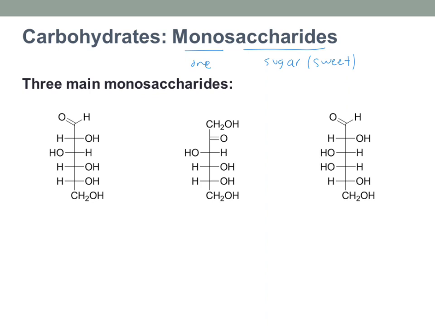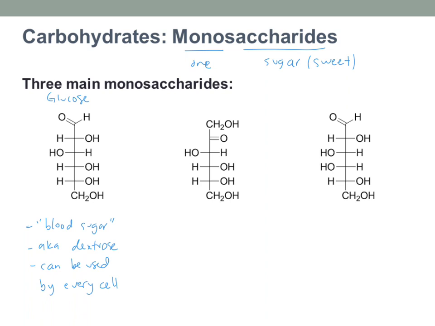First we have glucose, which hands down is the most important monosaccharide. It's just everywhere. Basically all organisms make it. It's also known as your blood sugar. When people talk about your blood sugar having gone up, they're talking about glucose levels. It's also known as dextrose. And it can be utilized basically by every cell in the body. So it can be used by every cell.